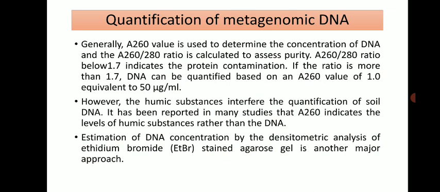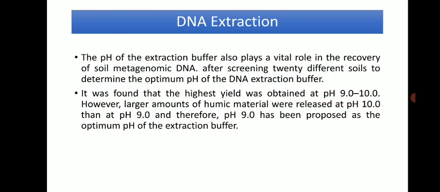If that ratio is below 1.7, it indicates major protein contaminants, and if the ratio is more than 1.7, then we can assume that the DNA is purified. Generally, if the absorbance at 260 nanometer is equivalent to 1, then the DNA sample is considered to be 50 microgram per ml. However,